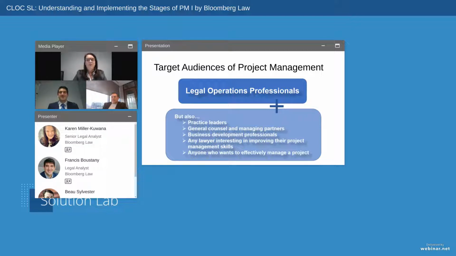So again, with the wealth of experience you have in this arena, both as a legal ops professional, a change management professional, and an attorney, can you just give us a few examples of projects that you've used project management tools for? I know you had mentioned the e-billing process, but anything else that you really found that these were super helpful for? Sure. So the first thing I'm going to tell you is